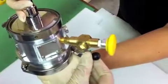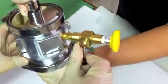Okay, so we connect the pump line on this side. It is open in this position, closed in this position. To remove the vacuum, there is a safety valve that we can use